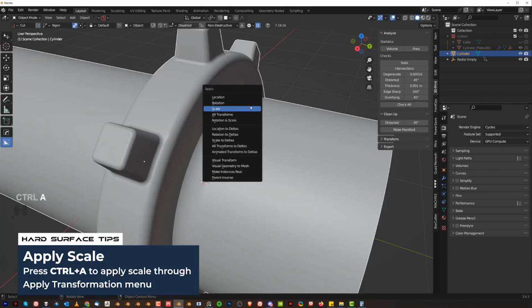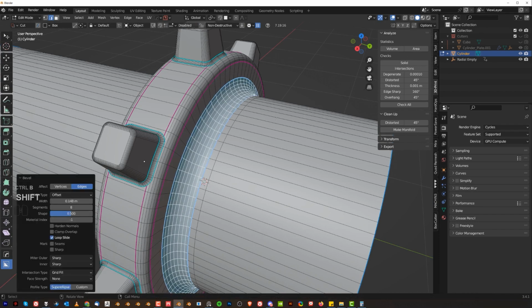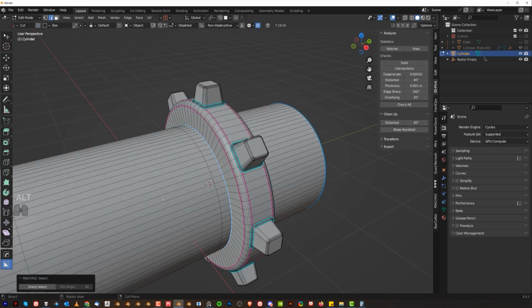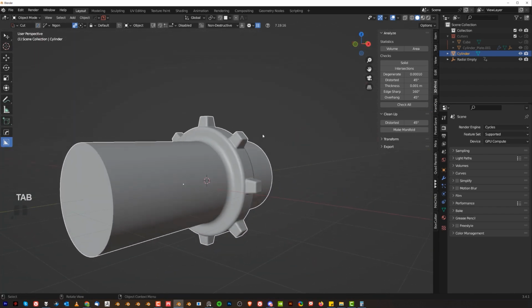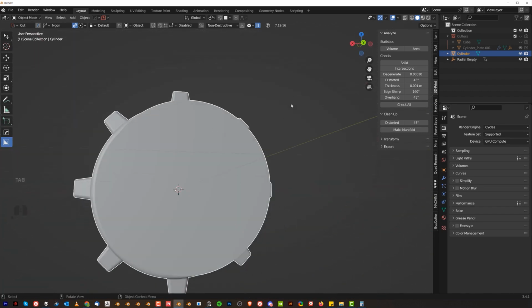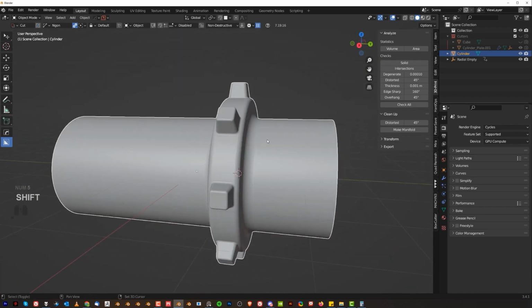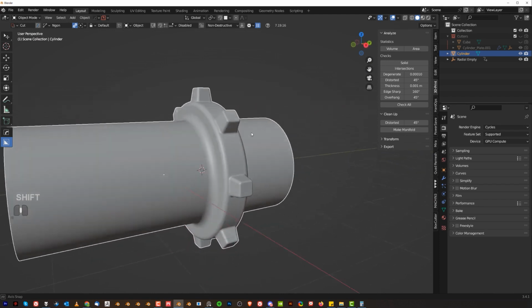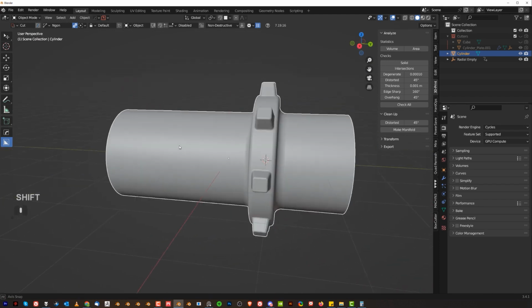Let's apply scale because I see it's kind of distorted. There we can bevel this, and we can also bevel this, right? Peachy. Now that looks pretty cool. So it kind of looks like it's welded in, which is kind of awesome, right? Cool. So we got that going on, and next thing we're going to do is model